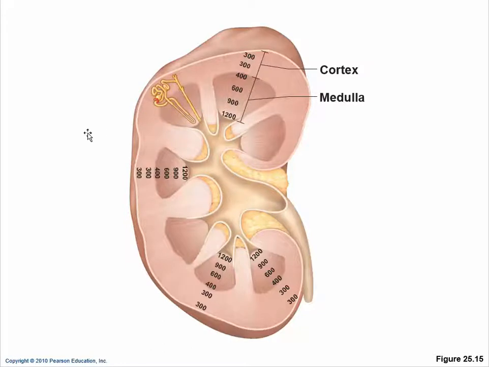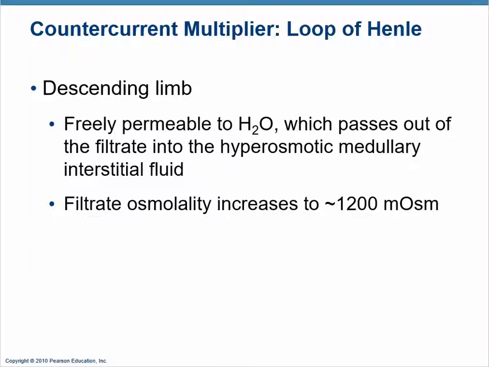So it very efficiently pumps the sodium out into the medulla, which then creates the situation where the water in the filtrate in the descending limb that's following behind is in a high osmotic place, and we reabsorb more water, and we keep this whole thing going. And this is called the countercurrent, because the descending limb is freely permeable to water, and